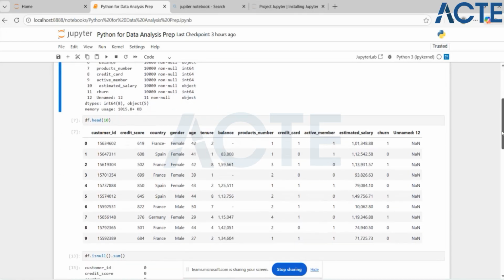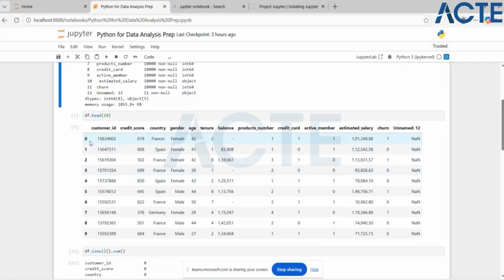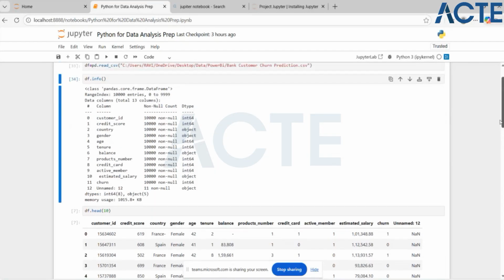If you can see here, the counting starts at 0, 1, 2, 3, and goes till 9. So it is 10 records, but it is showing me 9 because counting has started from 0. Understood? So if you use df.info, it will show you the total number of data points and